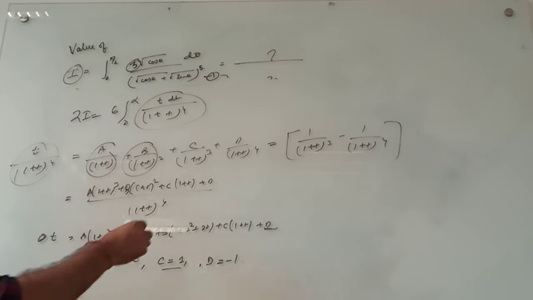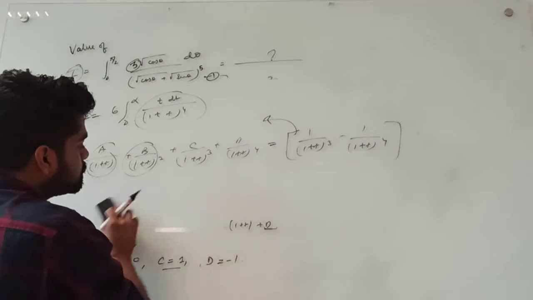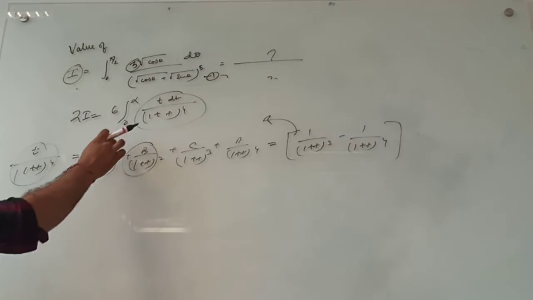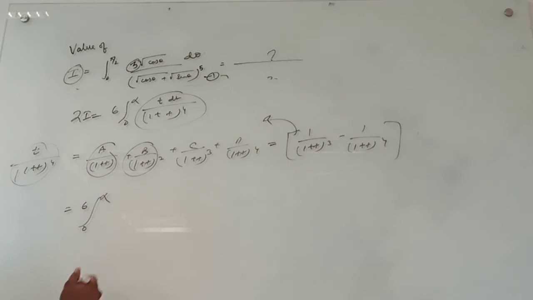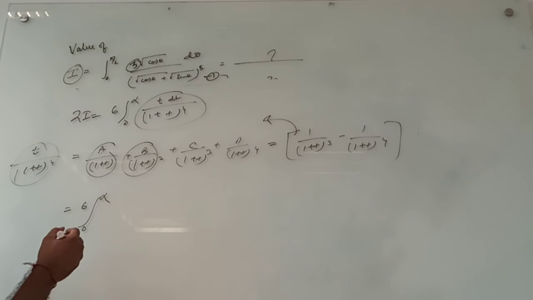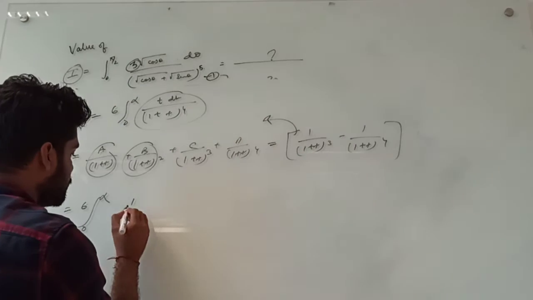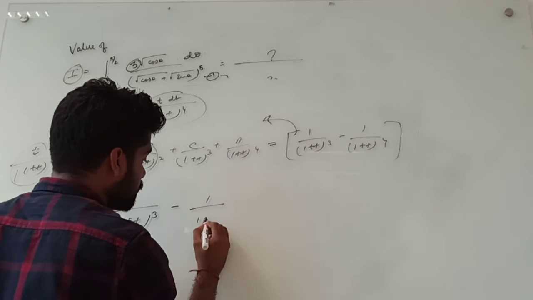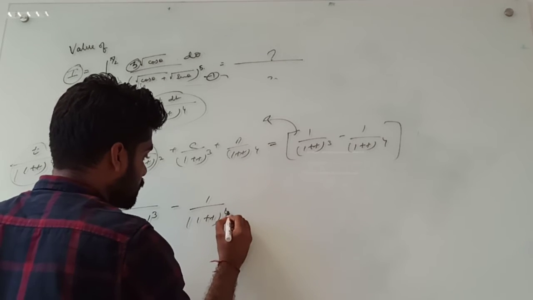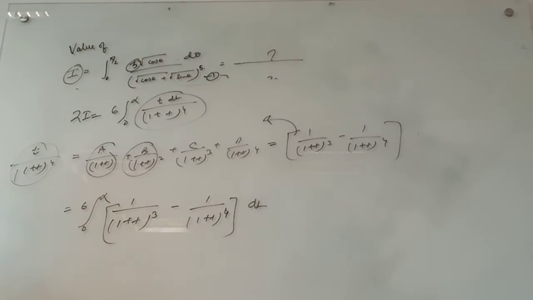Okay. Now we'll go back to the integration. So what can I write this particular integral as now? This particular integral will be reduced to the integral from 0 to infinity of t dt, and now this total integration will reduce to 1 by 1 plus t to the power 3 minus 1 by 1 plus t to the power 4 dt, and we have to integrate with respect to t from 0 to infinity.